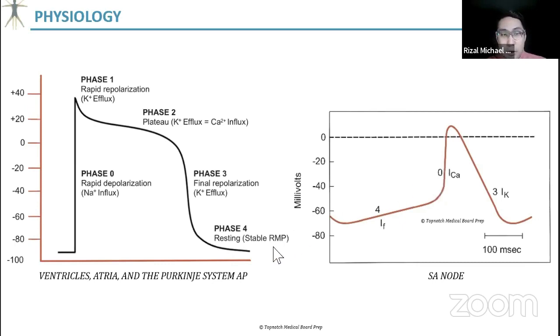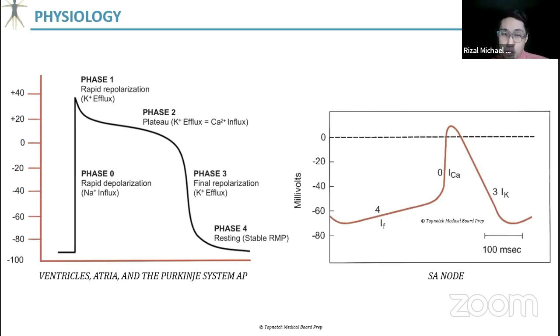And then, we have also your phase 4, your resting membrane potential. Your phase 4, as you can see, sa SA node, hindi siya naka-flat lang, no? Hindi siya diretsong ganyan. Slowly siyang umaakyat. And that is because the phase 4 in the SA node is because of sodium influx, no? Kasi you have your sodium funny currents there, kaya siya IF.